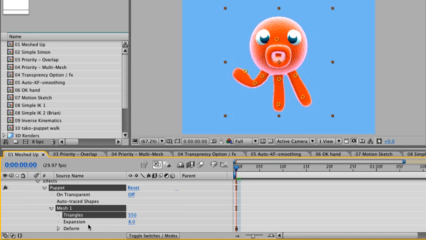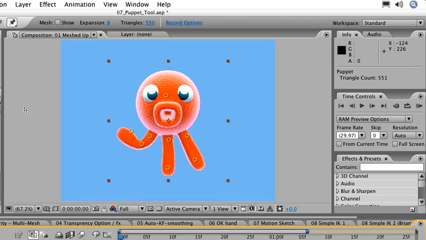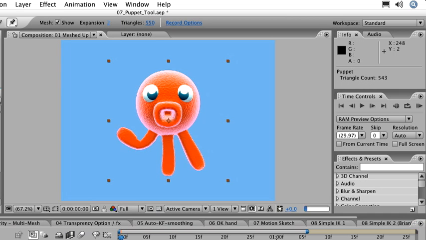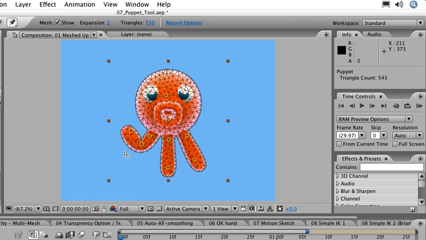Immediately below the triangulation value in the mesh is the expansion value. If we turn on our mesh again by showing it here up in our toolbar, we can see that this mesh has an expansion value of 8. If we lower the value to something like 2, we can see that the mesh covers a smaller area outside